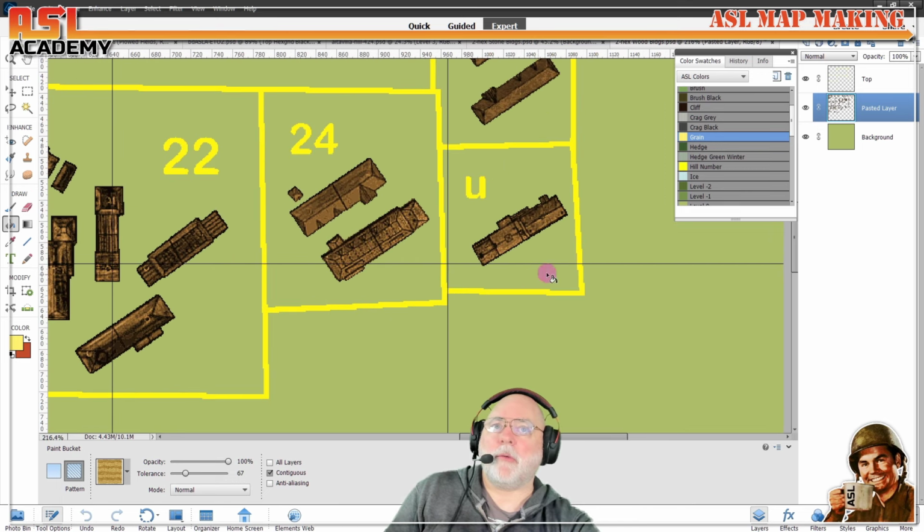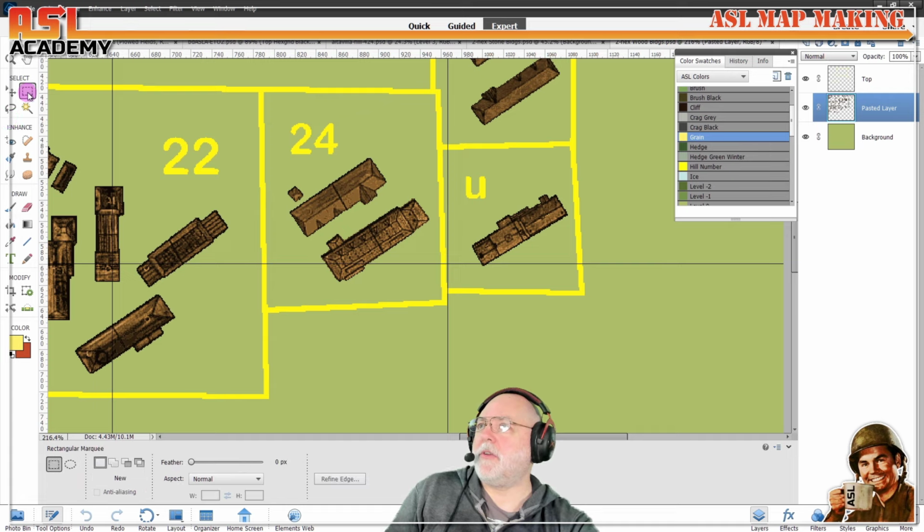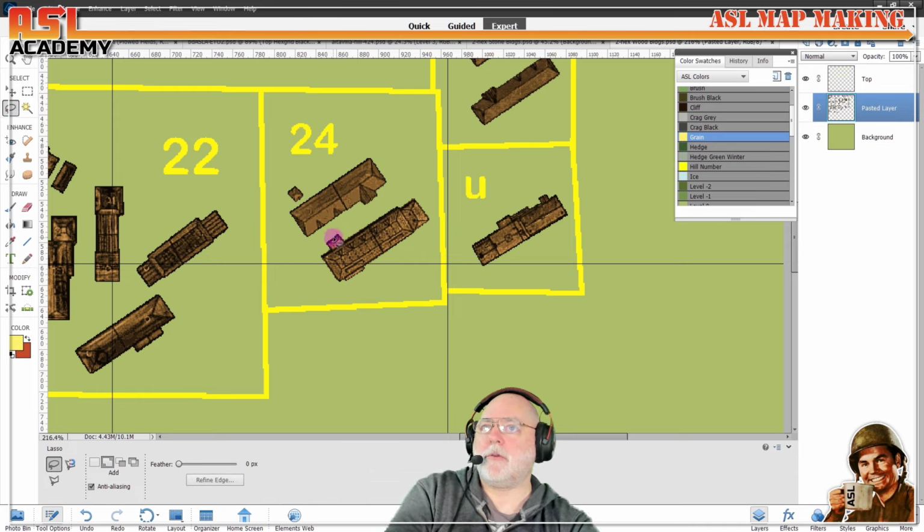So let's just say we want this building here. Make a copy of this building. You need to select it, and you can select it typically by doing a square if the building is isolated by itself. Let's say we want one of these buildings. I can't use a square because I can't select it. I'll get the other building as well because they're all in the same layer. What I want to do is get this lasso tool and just draw around it. Oop, try again. Draw around it like this,